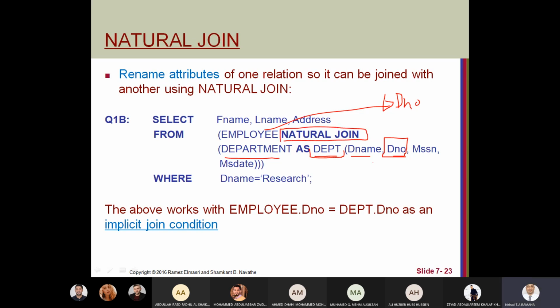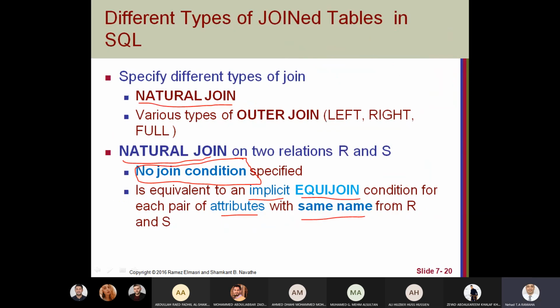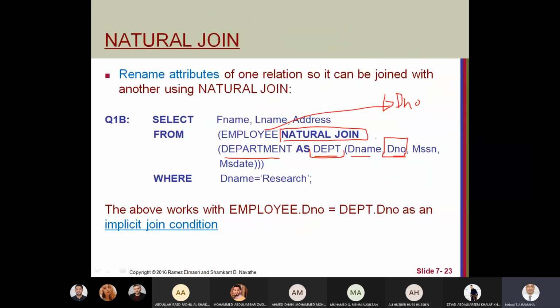here we mentioned natural join. Here we mentioned join. That's why we need a condition. If we said natural join, we don't need a condition, but we need at least one attribute from here and from here that have the same name. If we don't have, we have to use AS to rename.